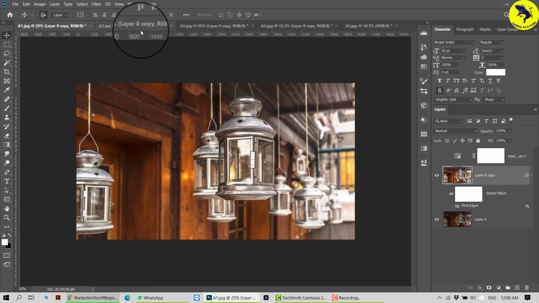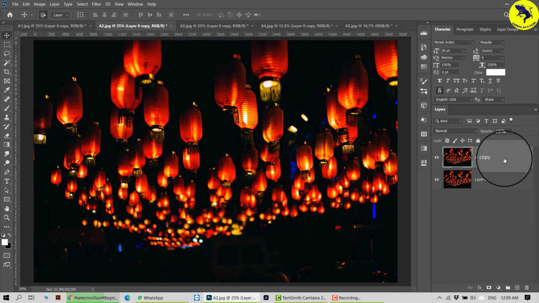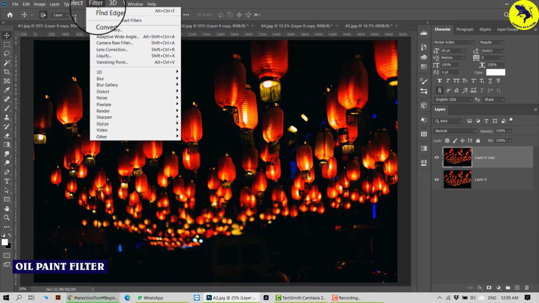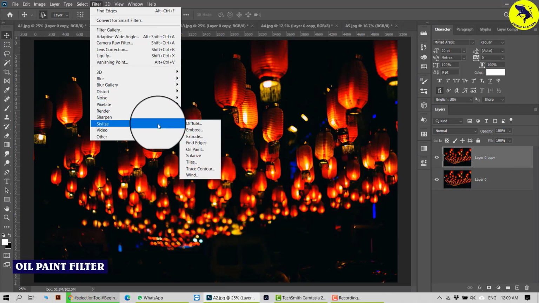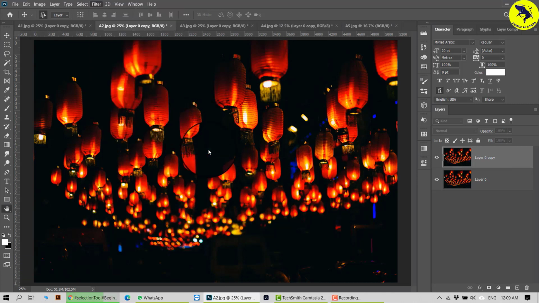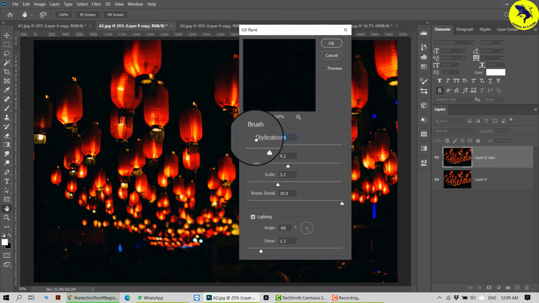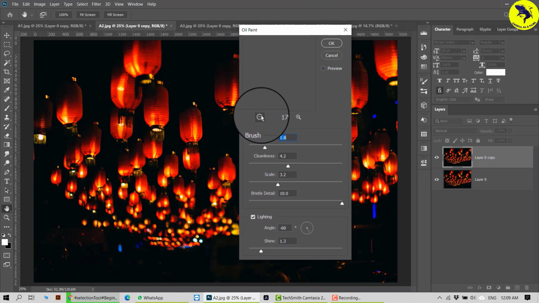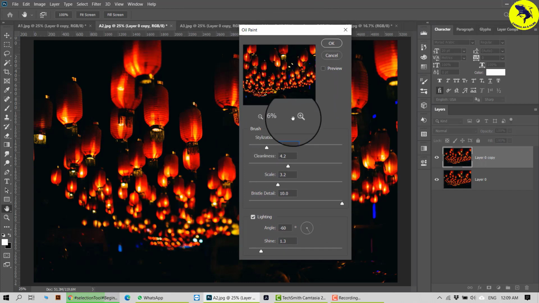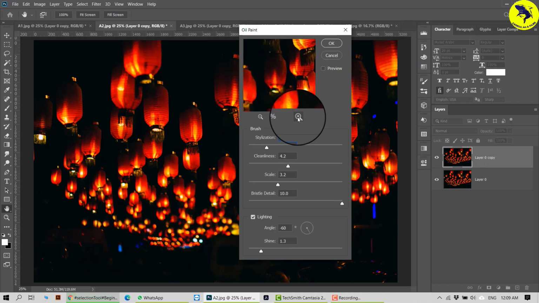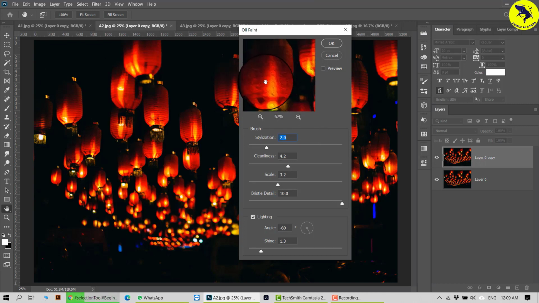Now if I go to the next picture here, I will apply the next one. That is your stylize, and I'll go for oil painting. So what oil painting means is the picture behaves like an oil painting finish. You can see all these beautiful strokes of an oil painting that make it different from any other painting, any other medium.